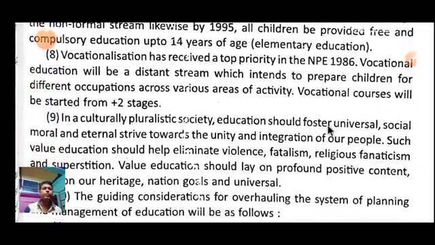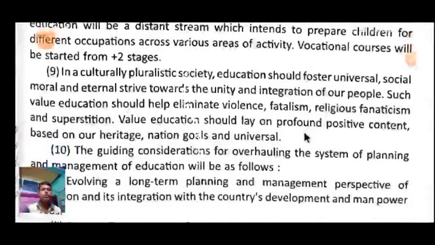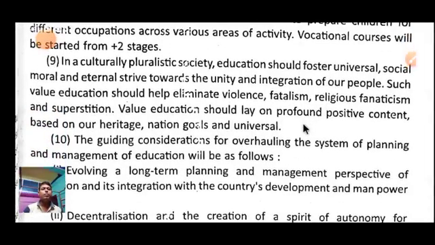Vocationalization has received a top priority in the NPE 1986. Vocational education will be a distinct stream which intends to prepare children for different occupations across various areas of activity. Vocational courses will be started from class 11 stage. In a culturally pluralistic society,